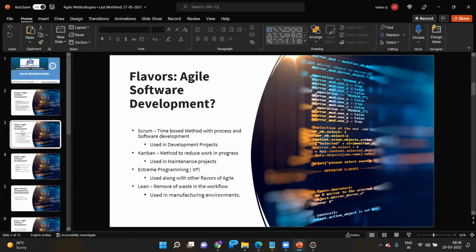Scrum is actually a time box environment. Kanban is useful to implement projects in the maintenance phase. Extreme Programming, we use this technique along with the other flavors of agile. Lean is very useful in the automobile industry, especially car manufacturing. It is useful to remove wastage in the workflow. Scrum, Kanban, Extreme Programming, and Lean are the various flavors of agile software development. We'll discuss these models in detail